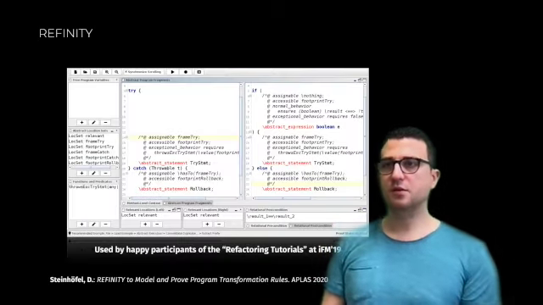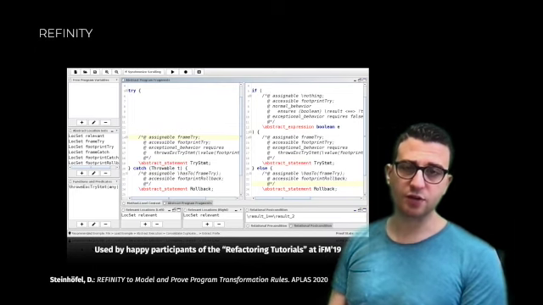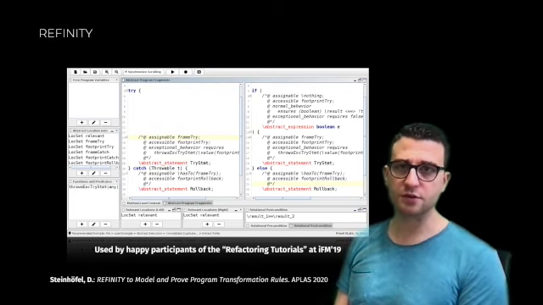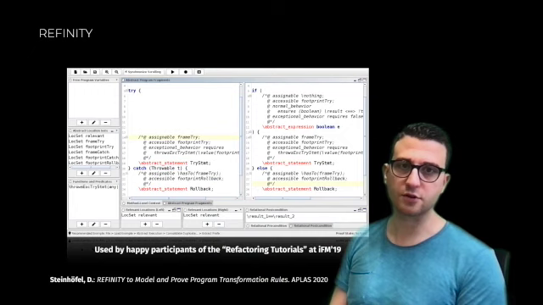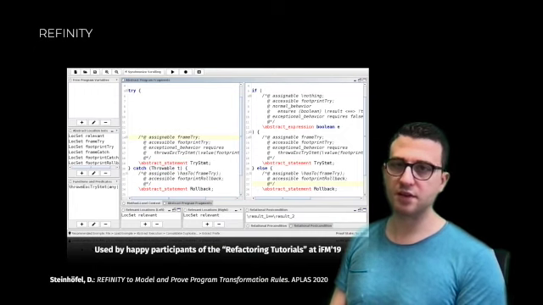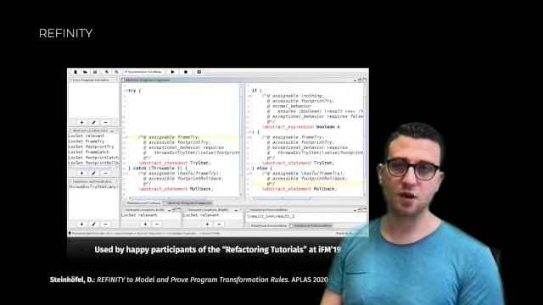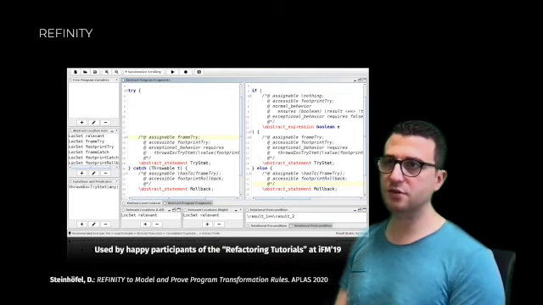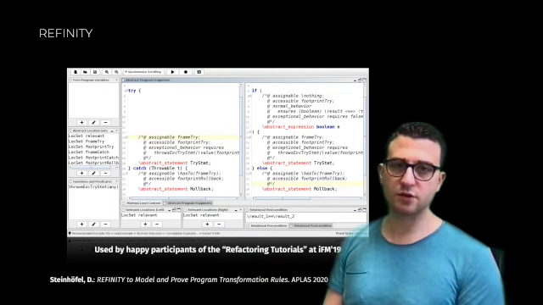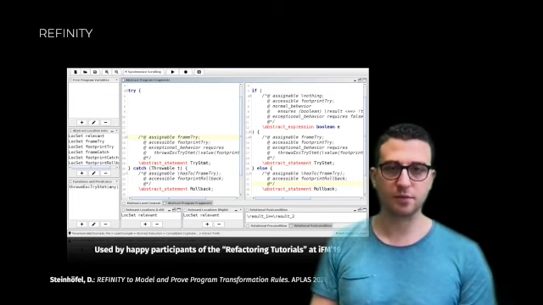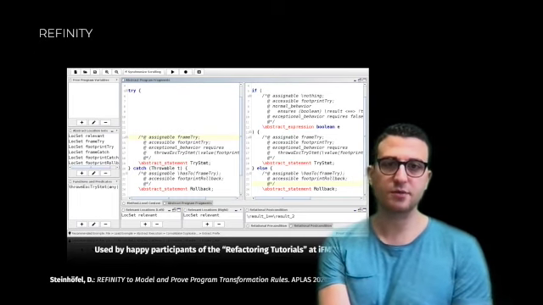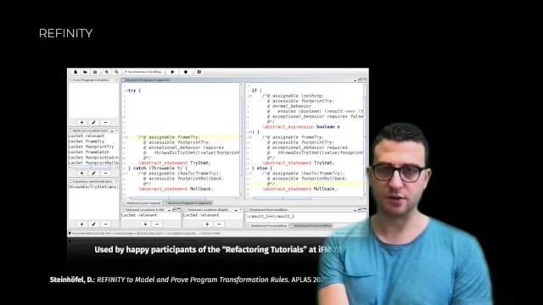Right, to make this more fun to work with, I created a graphical workbench called REFINITY. You see a screenshot here, which lets you specify pairs of programs to model transformation rules with abstract execution. And REFINITY has some editing support. It also generates proof obligations for the KeY prover, which otherwise would be a huge amount of work. And I'm quite happy to say that this already has been used in a tutorial session in 2019. And those people there actually managed to model and include some easy refactoring rules themselves in the limited time span that we had at our hands. And so this is a quite successful story.